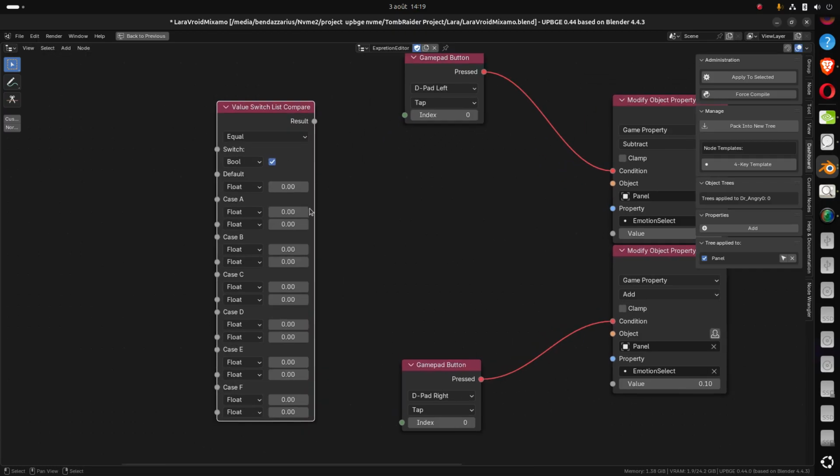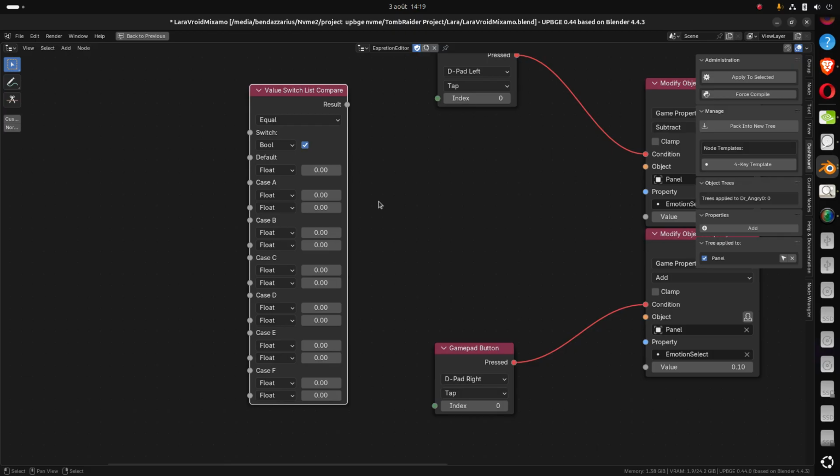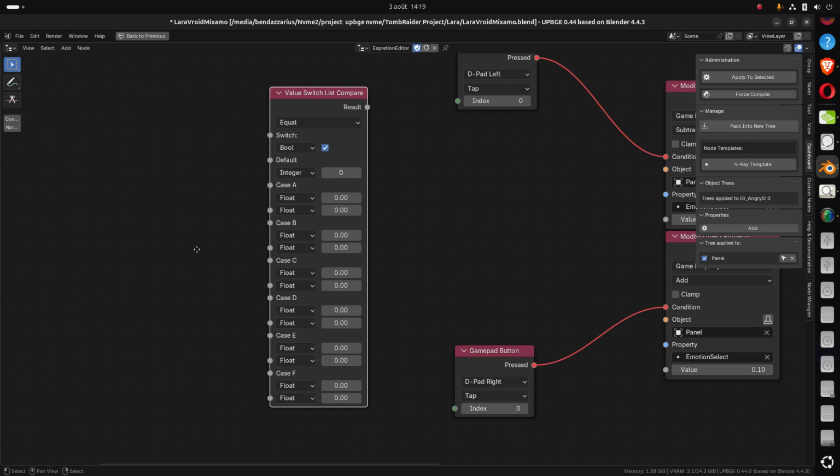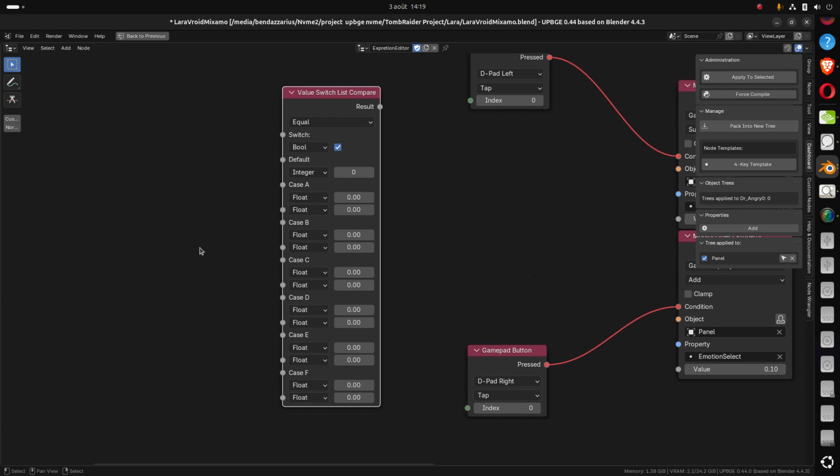Explanation of the value switch list compare node. When you open this node, there are several things you need to know. First, you have the switch mode. We're going to select equal, and then the input type. Is it going to be a Boolean? So if it's equal,